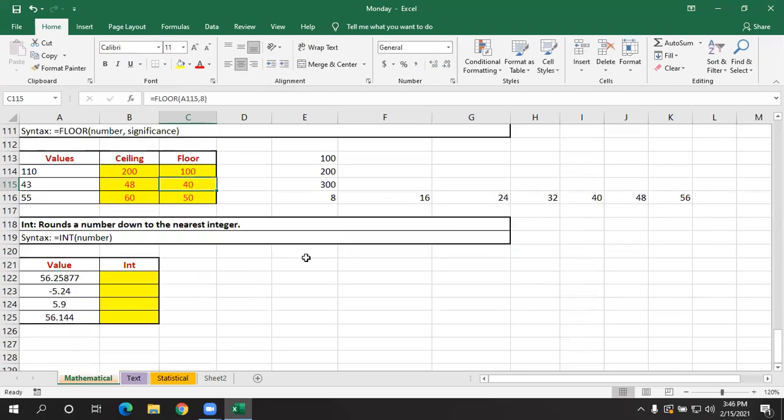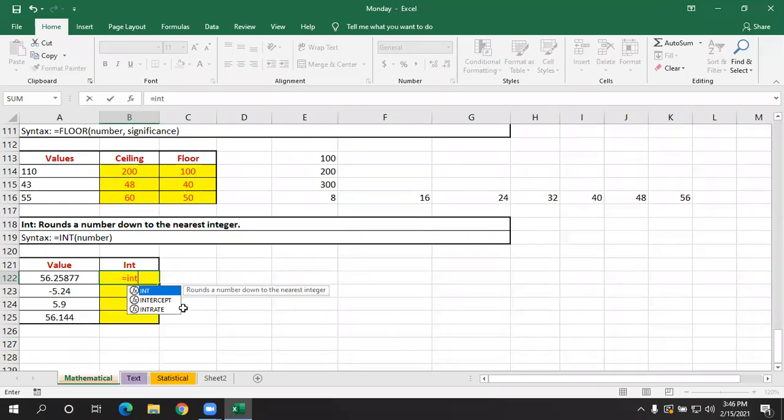And next we have INT. INT is nothing but integer value. Now here we have a value that is 56.25877. Now you just need to give the function INT. You can see in the syntax, you just need to select a number.